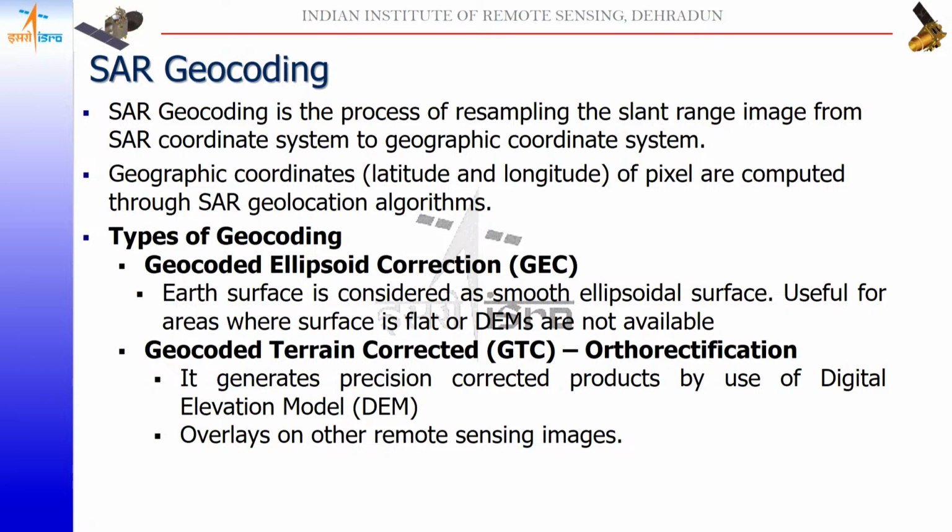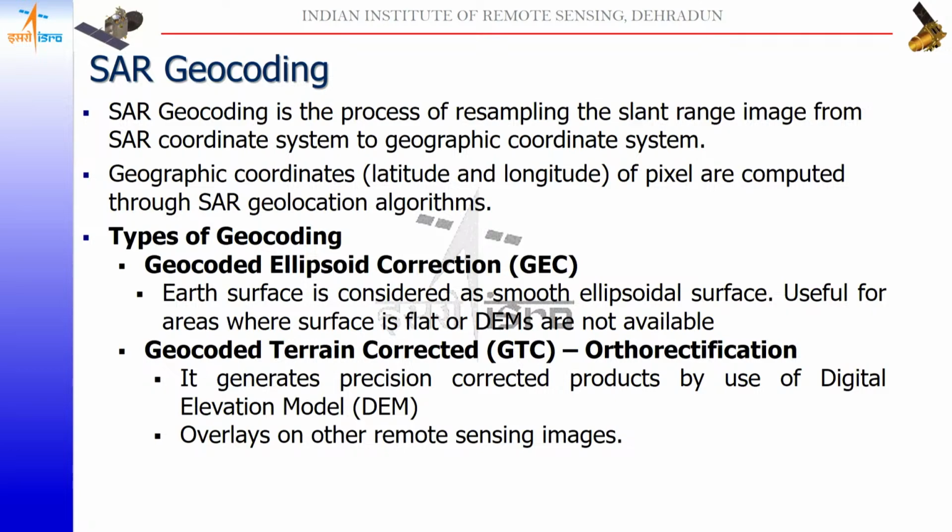But for a precise result, we have to find the height for a particular pixel using the digital elevation model. So when the DEM is available, we will use the geocoded terrain corrected products,